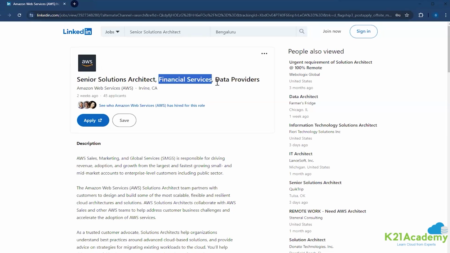Now I have an interview for a senior solution architect role in AWS, and it is specifically on financial services. What are the key things that I have to keep in mind when working on proposing a solution for fintech companies? So that they'll give you specific questions or things that you've got to keep in mind for fintech. If it is for manufacturing, it's different. Digital native, different.